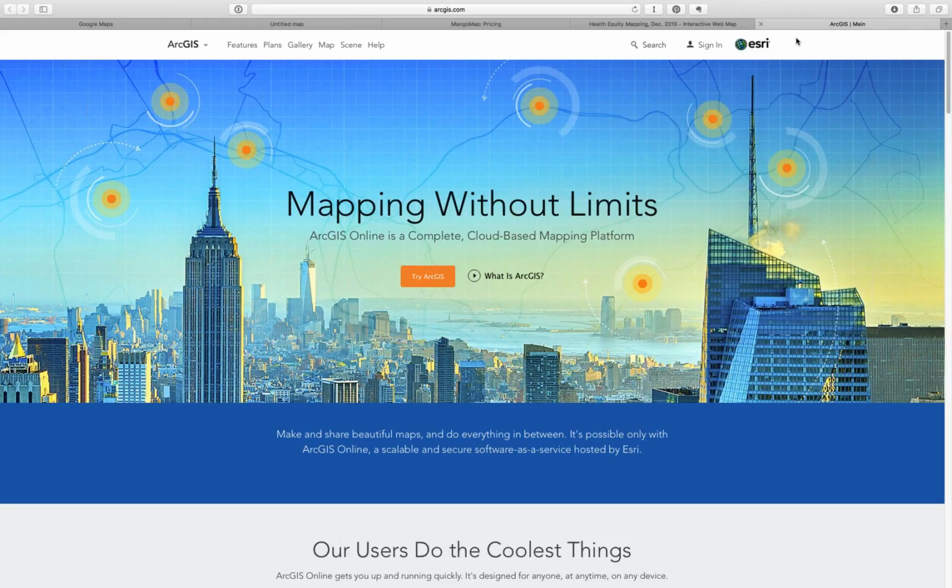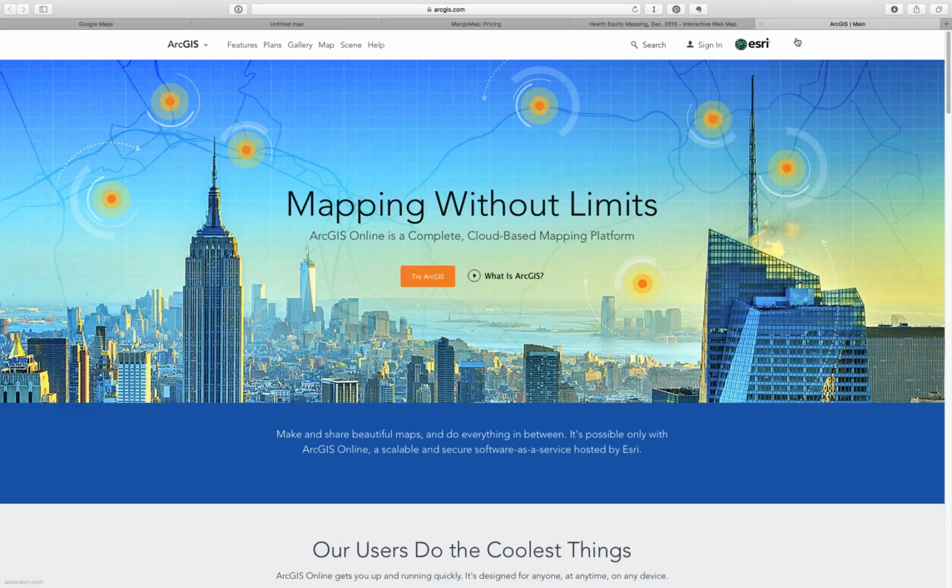For a long time, people who had desktop GIS really didn't have a great way to share their maps online, again, without knowing folks and having a bunch of technical skills and money. And this evolved in a way to be Esri's solution to having a GIS-capable version of something that Google Maps offered, which is a way to make maps online without a lot of technical skill. I will say probably out of these three options, ArcGIS Online is the one that's the most complex